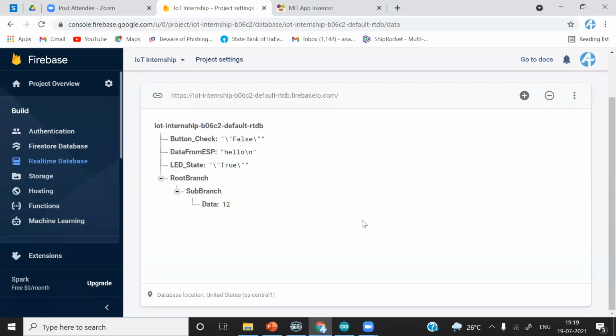Out of the current branch, other values cannot be accessed. Yes, it will work only at the same lowest level of the branch. So sub branch after sub branch, it will not operate. It's the access to the real-time database. You will not be able to access other objects. You can only access objects under this sub branch.